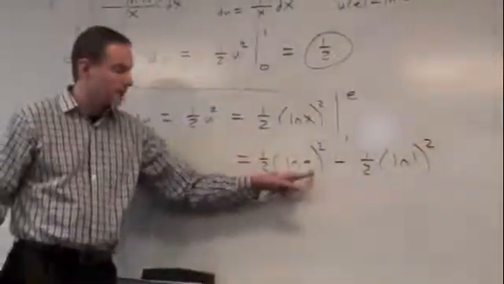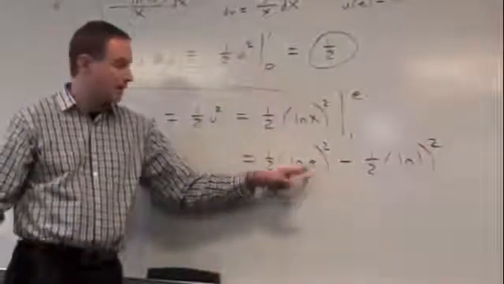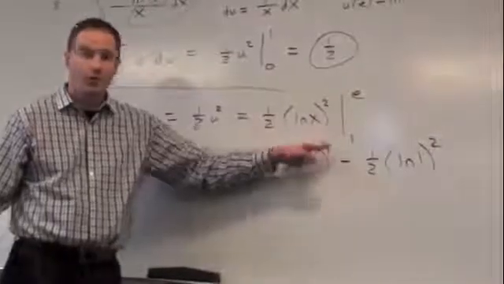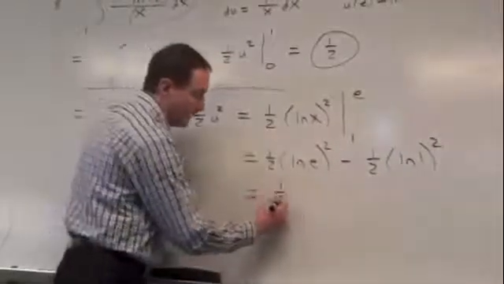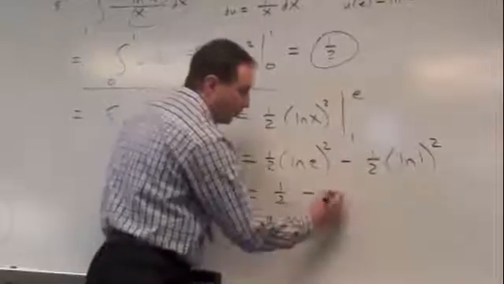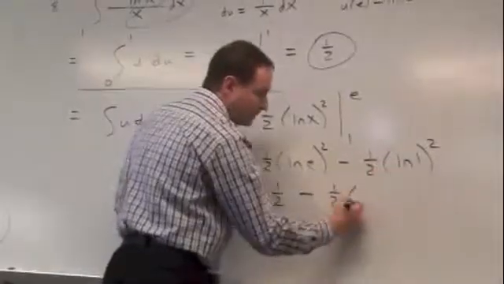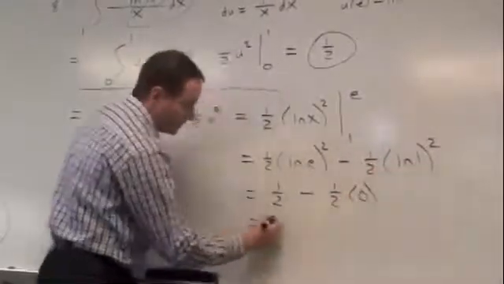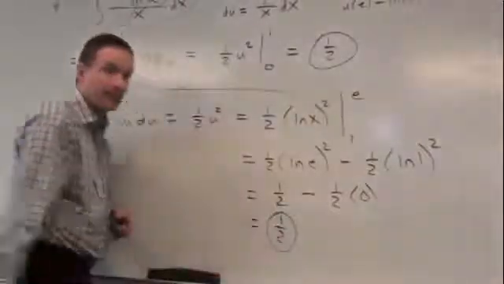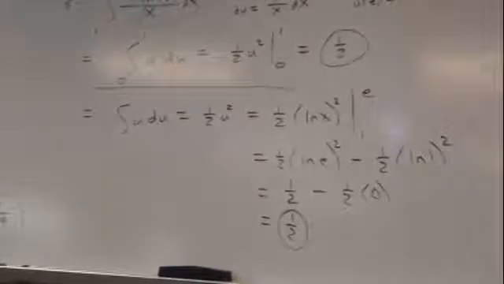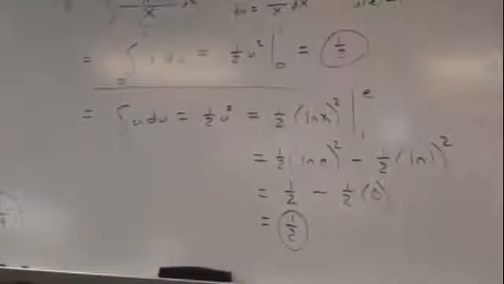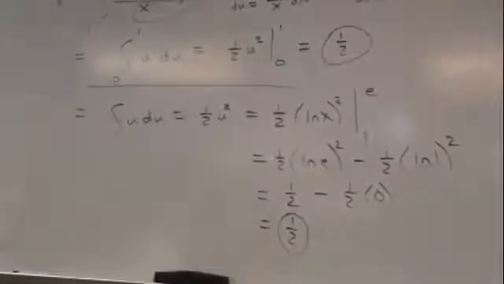In this one, I know natural log of e is just 1. So I have 1/2 of 1 squared, 1/2, minus 1/2 natural log of 1, which is 0. So either way, I get my 1/2. Is that okay, Clint? Okay, now,